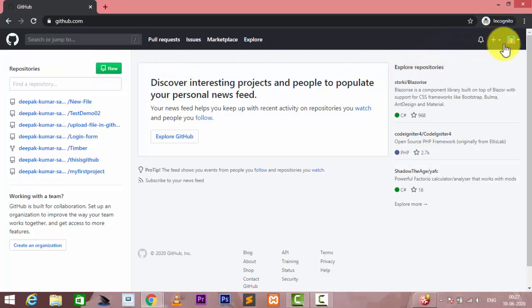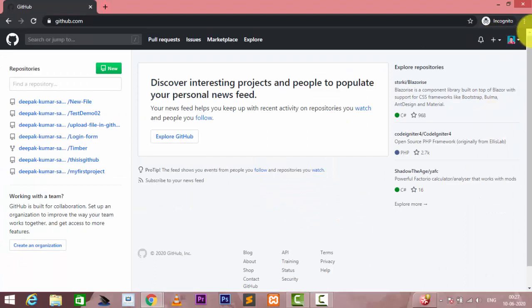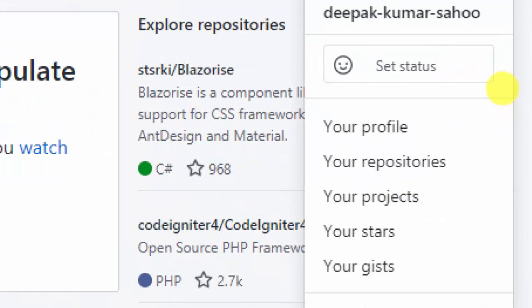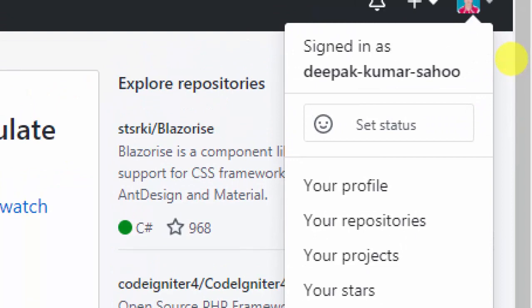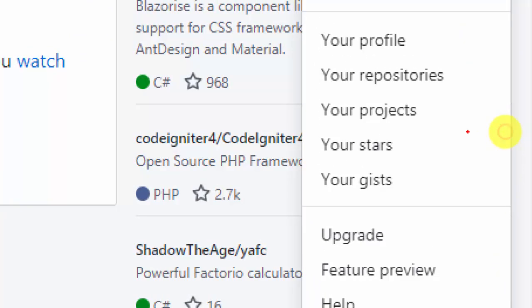I just zoom in so that you can find where to click. After a single left click, you can find this. I zoom out so you can see your name, your status, your profile, and all these things.